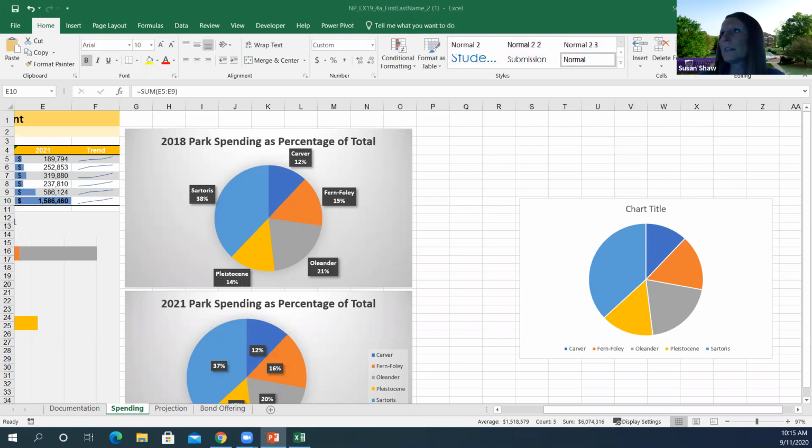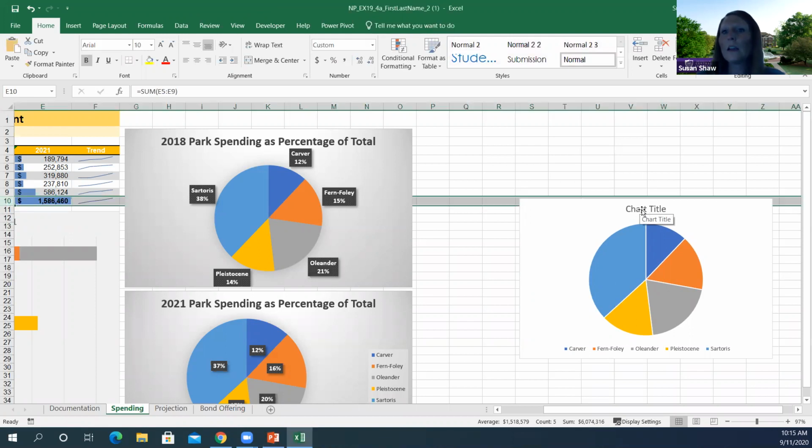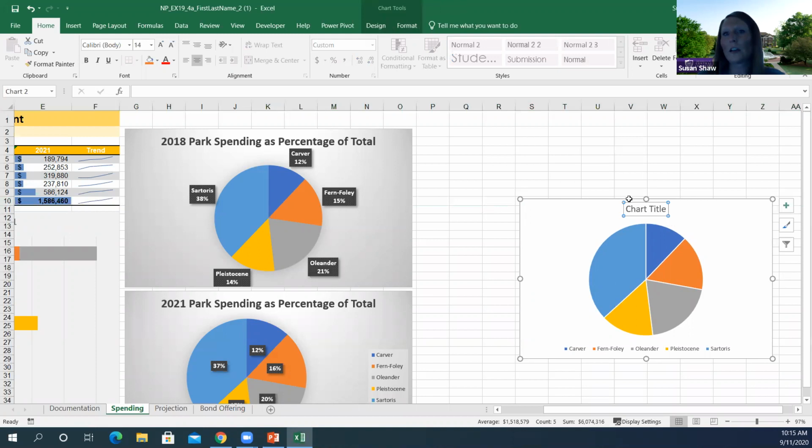Let's look and see what else. Okay, whenever you're working with a chart title, if you need to edit a chart title, all you have to do is simply select that chart title. So all I did was I clicked inside the chart and then I just selected the chart title. Now to type a new name,